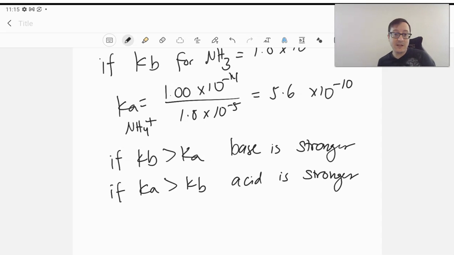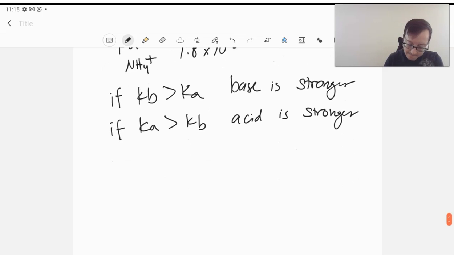And so we'll be able to say, okay, well, we've got these values. We can see which one is more preferred. Are we more likely to see ammonia as a base or ammonium as an acid? Well, the base is stronger there, so it definitely prefers that. Generally speaking,